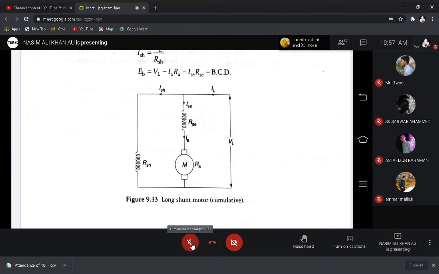In the exam, for a particular motor or a particular generator, they will give you data and ask you to find the expression for current, voltage and back EMF, and the expression for armature power or motor power. In that way they will specifically ask, and you have to draw the circuit diagram, which you can draw by pen or pencil, write down the particular expression, and you can get all the necessary data.